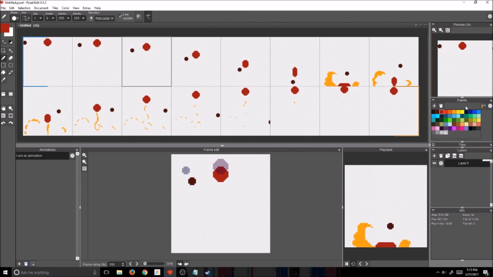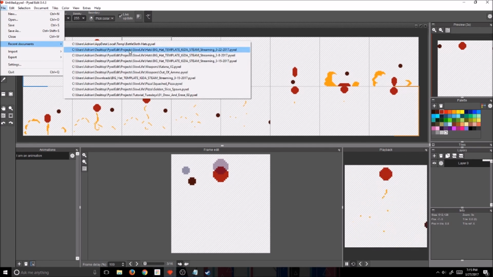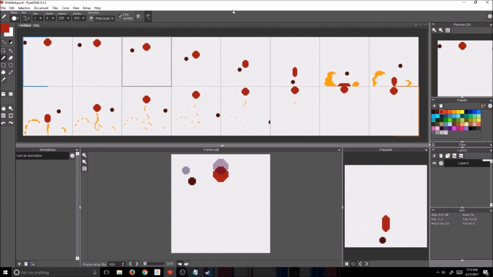All right. I think that'll do it. Actually, should I? I shall. I will show you a sneak peek. I work on a game, but you know what? No. Check out the game stuff on your own time. This will just be about animating and Pixel Edit. I like both of those things an awful lot. So much so that